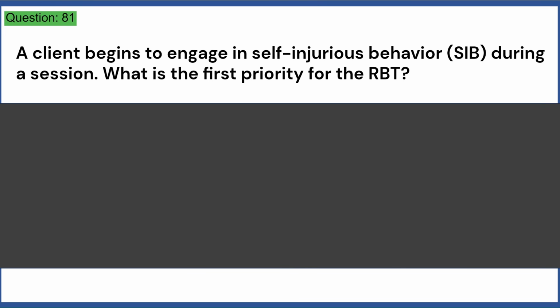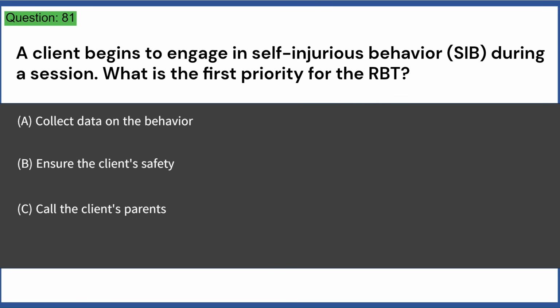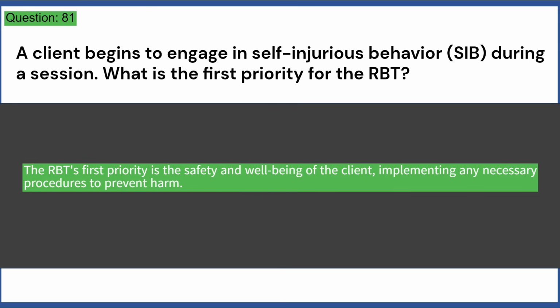A client begins to engage in self-injurious behavior, SIB, during a session. What is the first priority for the RBT? A. Collect data on the behavior. B. Ensure the client's safety. C. Call the client's parents. D. End the session immediately. Answer B. The RBT's first priority is the safety and well-being of the client, implementing any necessary procedures to prevent